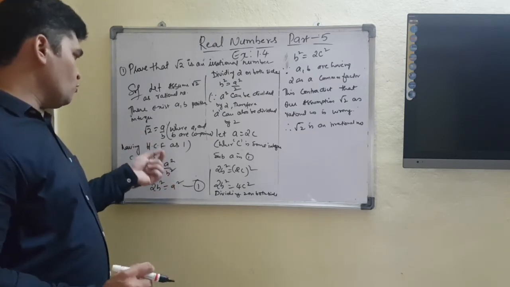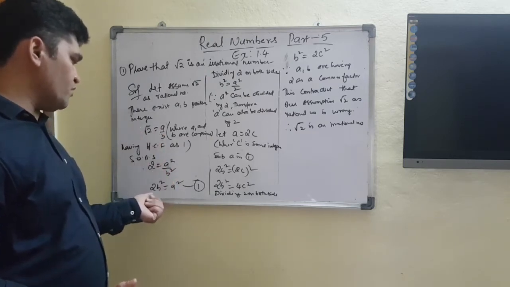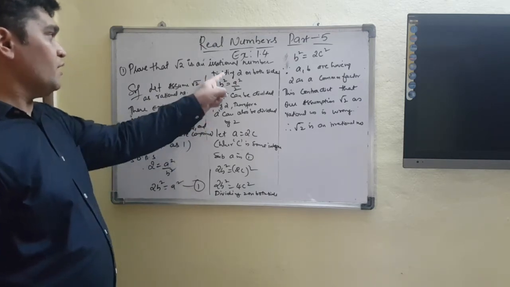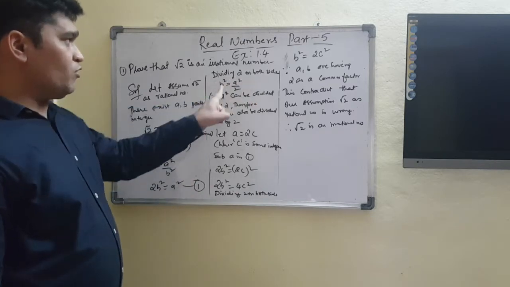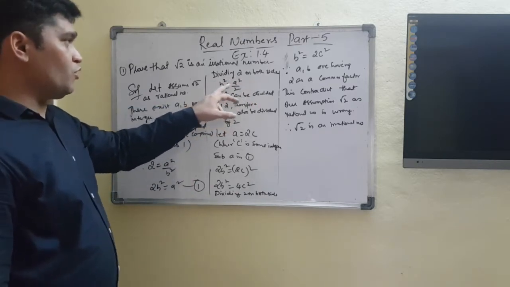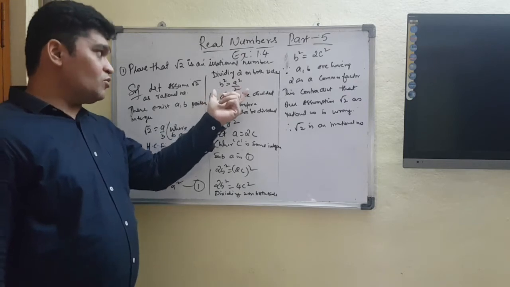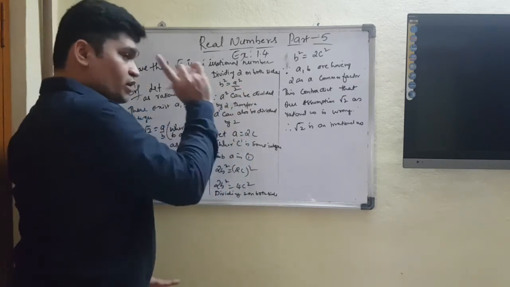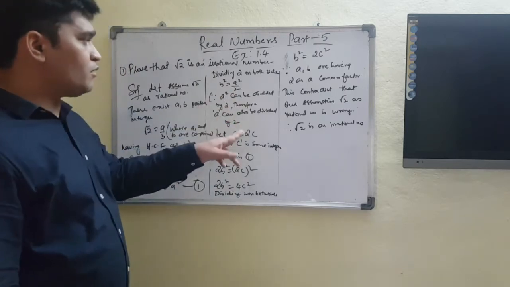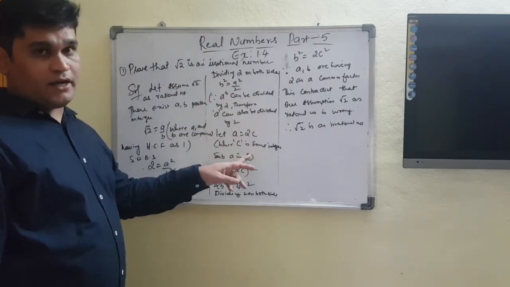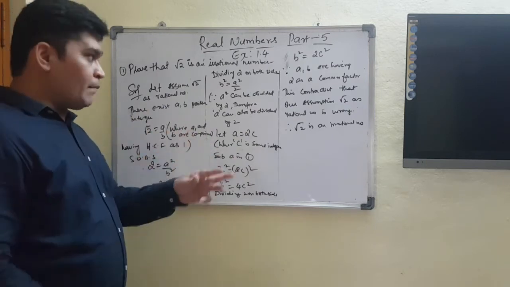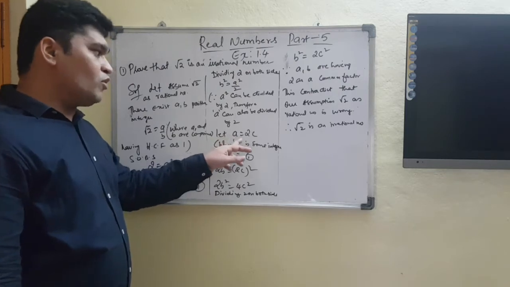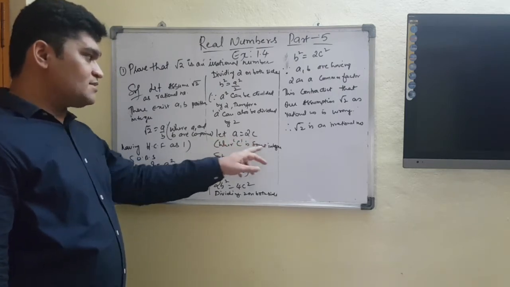Right? So squaring on both sides, we have 2b square equal to a square. Right? By this condition, I have understood that 2 can be divided on both sides. So b square equal to a square by 2. By this condition also I came to know that a square can be divided by 2. If a square is divided by 2, definitely the single a term can also be divided by 2. Right? To make this more convenient, I am comparing with another integer, that is c. So I am taking let a equal to 2c, where c is some integer.